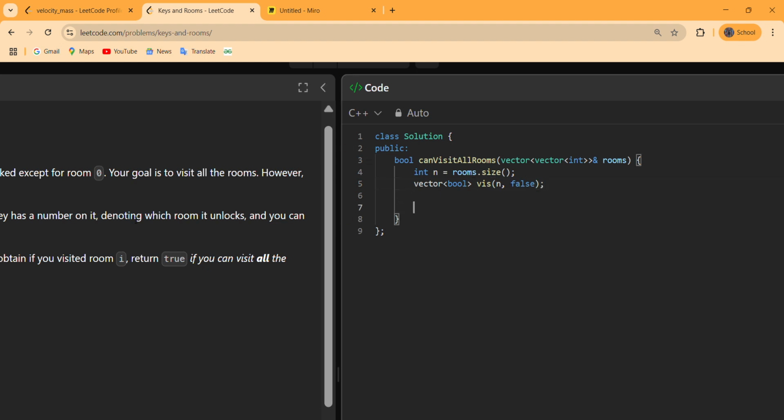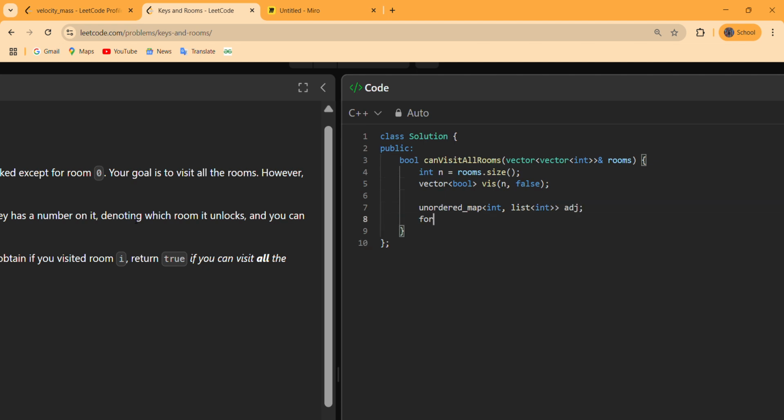Now we have to make the adjacency list to move on every adjacent element for every node. For int i equals 0, now what is u? u is basically i.